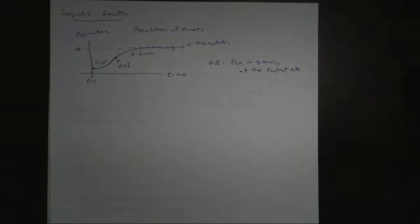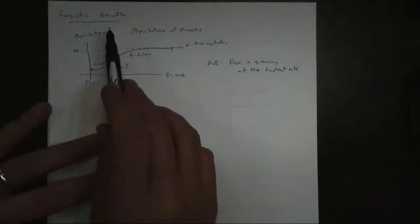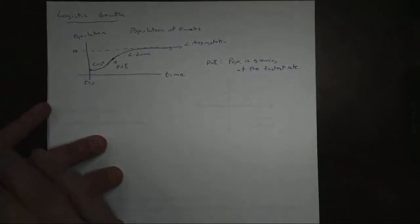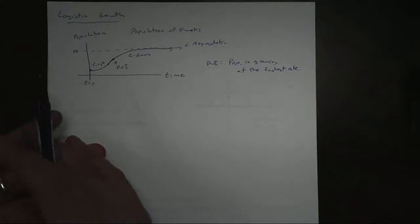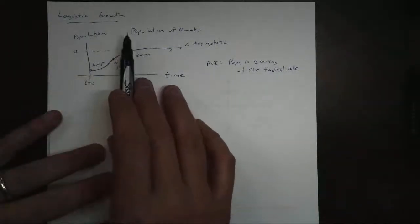Today we're going to be looking at logistic growth. This is a very big field for us mathematically, and you don't even have to be a mathematician to understand how logistic growth works. Matter of fact, they use this quite often in animal control. If you work for the Fish and Wildlife division of the government, you have to understand how populations